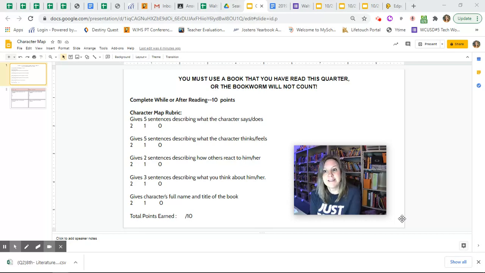Because this is not such a typical year, what we're going to do this year is try to share some of that same information with you in a slightly different way. This is one example of one of the bookworm choices that you will be completing, and I'm just going to go through the directions on how to fill out this form. If you choose to do this assignment,